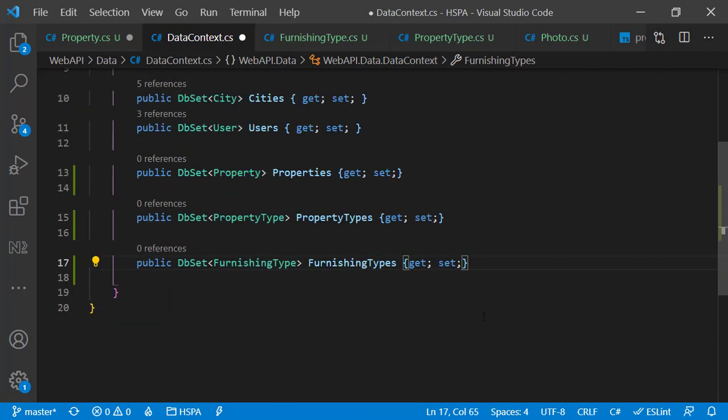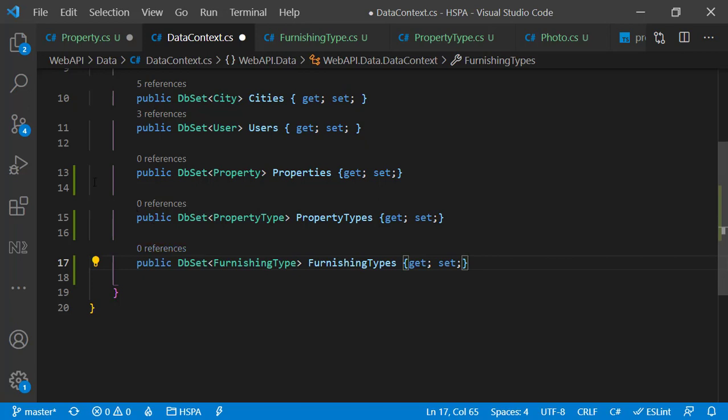Done. You would be thinking I am going to add a Photo entity as well here. But surprisingly, I am not going to add a Photo entity here in the DbSet. I recommend you pause this video and do some brainstorming on why I am not going to add the Photo entity here. Tell me in the comment section after finishing this video what thought came to your mind about it.